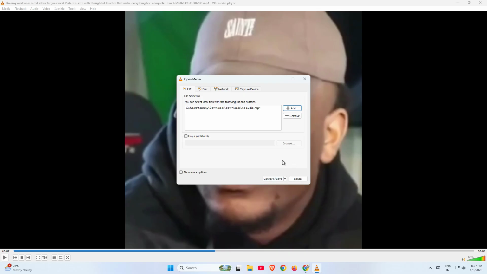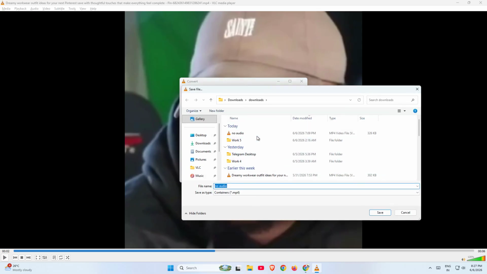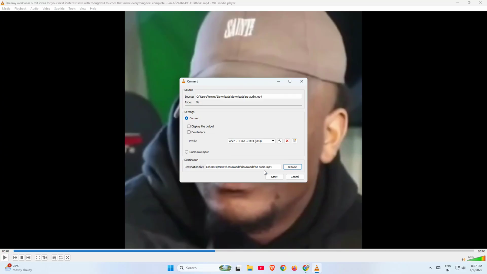Select an output profile such as MP4, which is one of the most useful formats for saving and sharing video. Then, click Browse to choose a save location, give your recording a file name, and hit Start. VLC will begin recording your desktop activity based on the settings you chose,